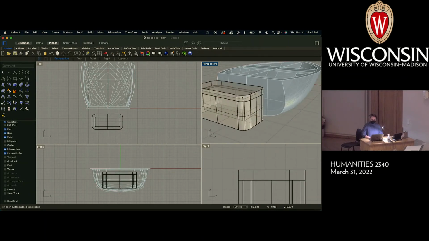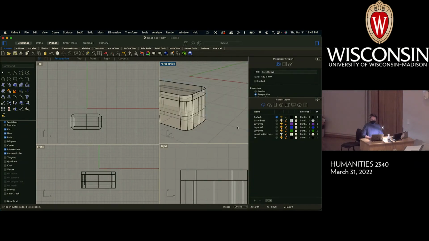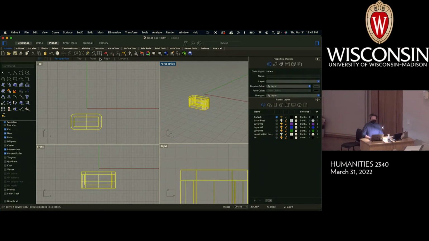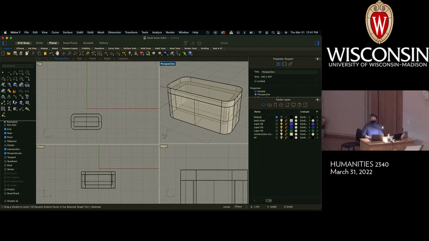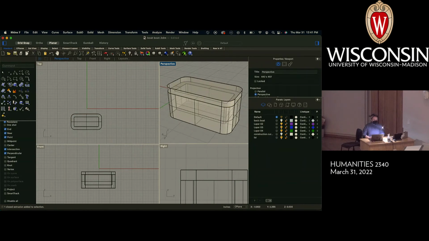I think this is a really good time for the boat to go bye-bye for a second. Why? Because I have to really get around this thing in order to do this. So I'm going to do my zoom selected thing, and now I can comfortably move around the object. You can see I've got a poly surface here,